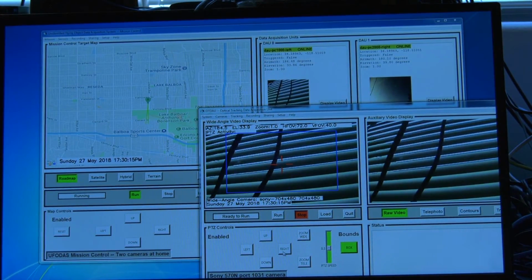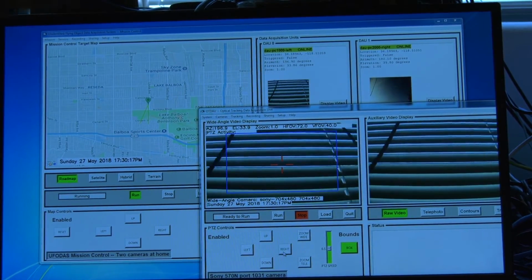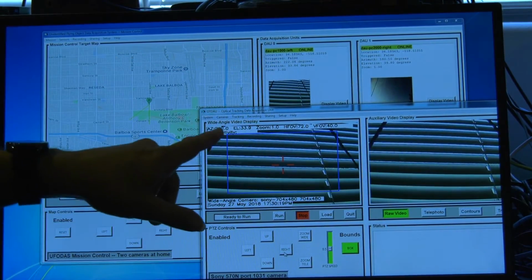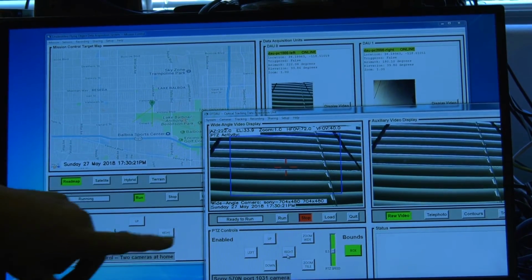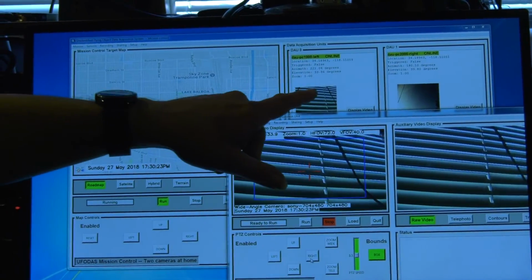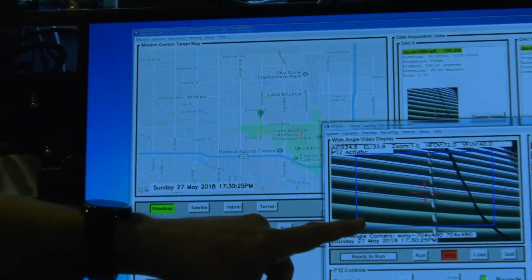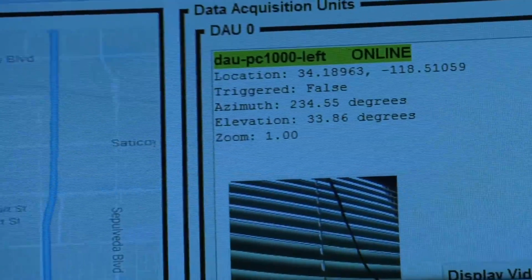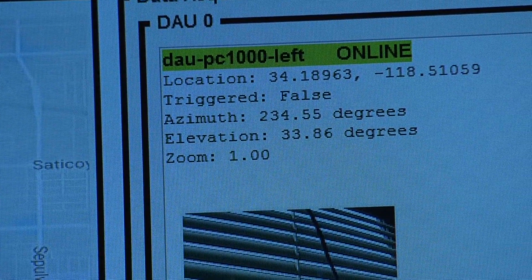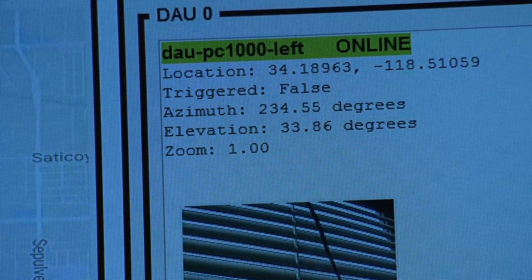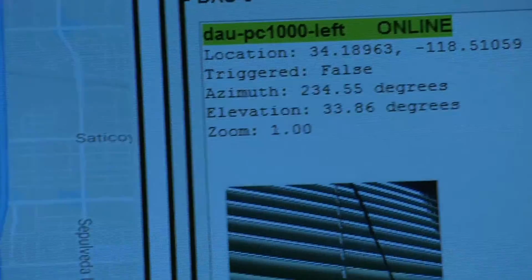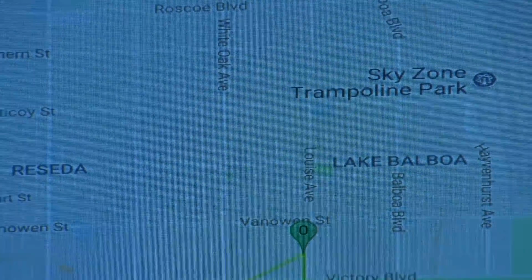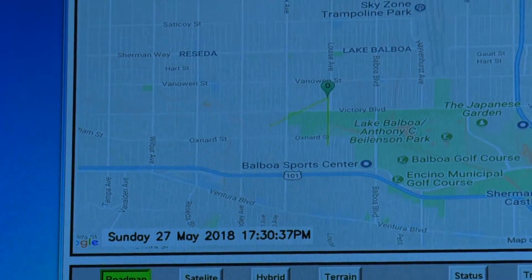You can see the camera's moving here, the image is moving here, and the azimuth, because I'm saying turn right, so the azimuth changes to indicate, and this green line shows the track or the azimuth direction that the camera's pointing.